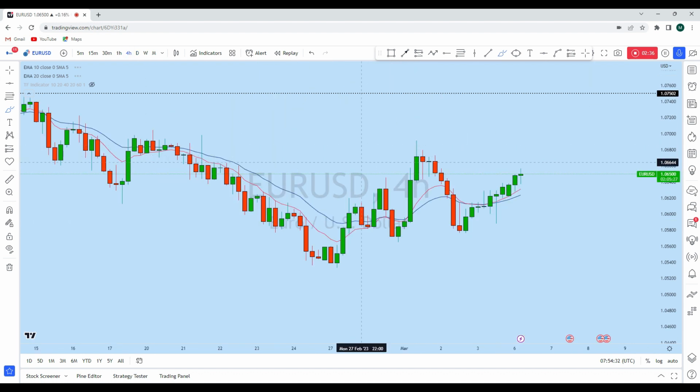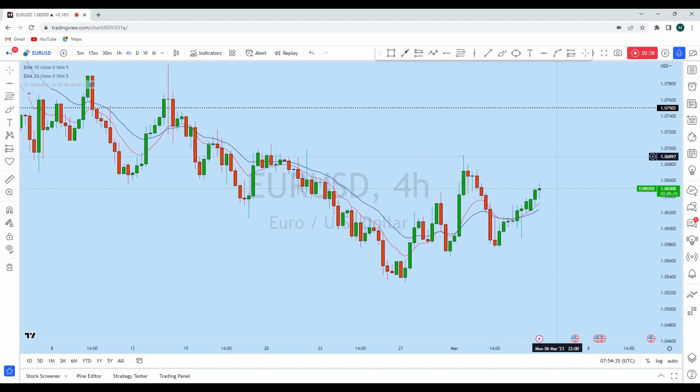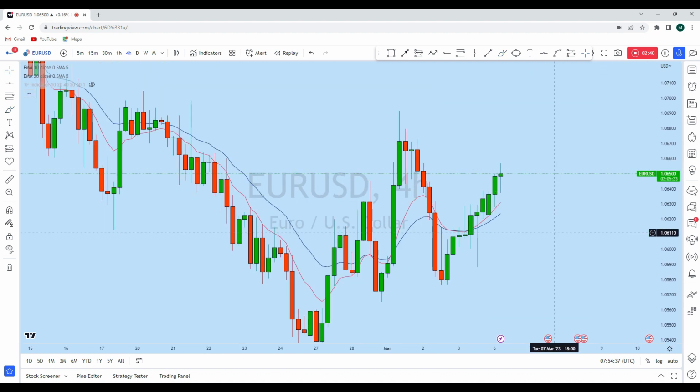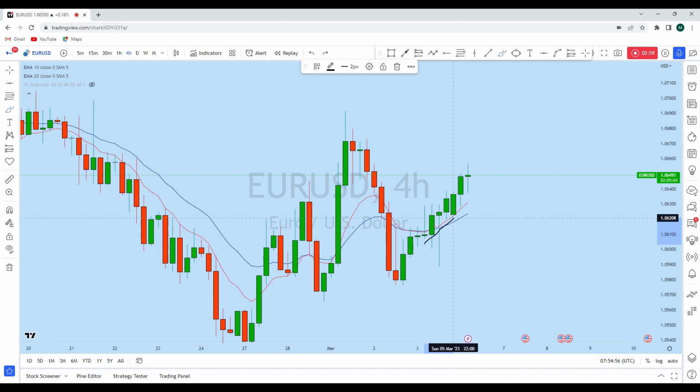Now if we look at a lower time frame perspective on the 4 hour to see how the price is doing, we saw multiple liquidity grabs on the last day of the previous trading week. We saw that there is a long doji. It has grabbed liquidity from quite a few candles' lows, and we also saw another liquidity grab back to back. Two strong liquidity grabs have given strong momentum to Euro Dollar, followed by